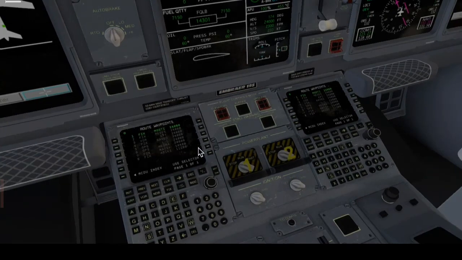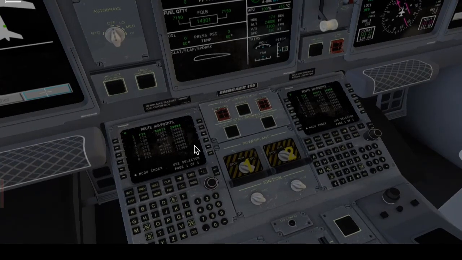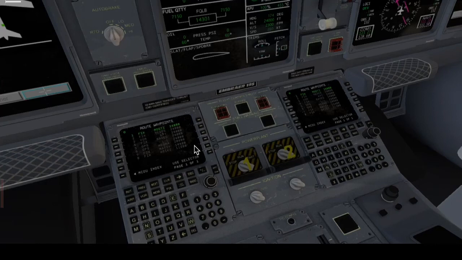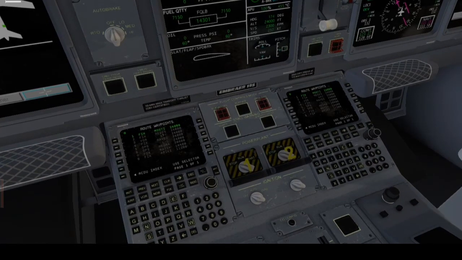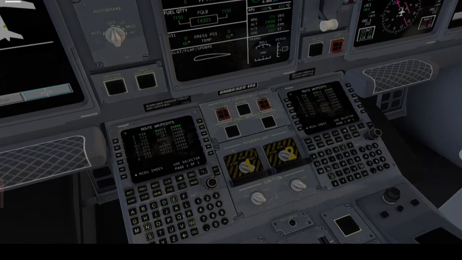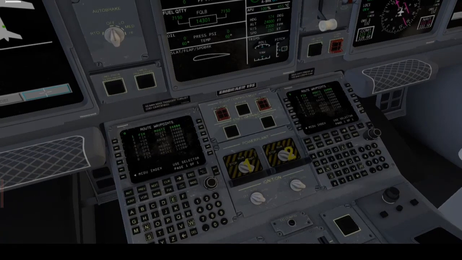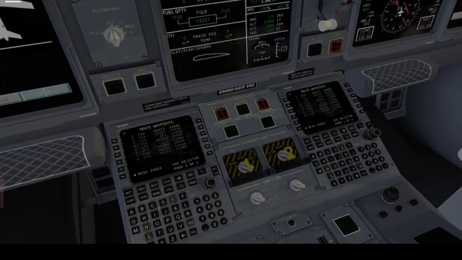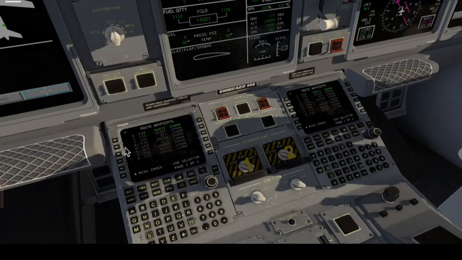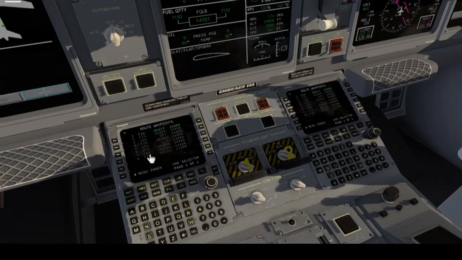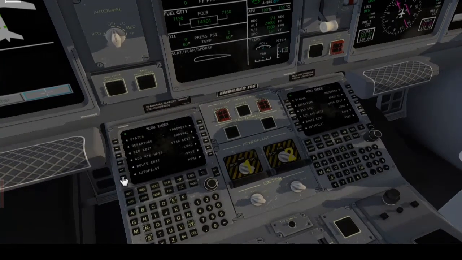So waypoints. The problem was the format that SendBrief downloaded was X-Plane 11. This plane still has the format for X-Plane 10. So when you guys download this, download it for X-Plane 10. And again, I will do a separate tutorial to show you how to do that, so you don't have to add the waypoint yourself in here. So this is all the fixes for the flight plan. So now it's all set, altitude and everything. So we're going to